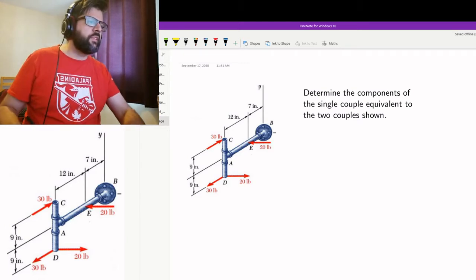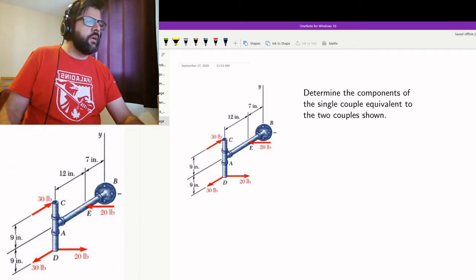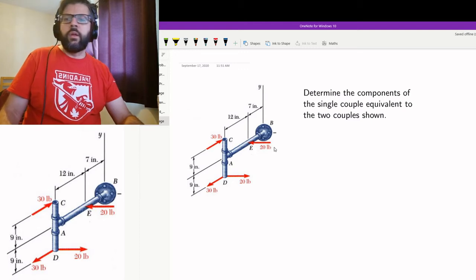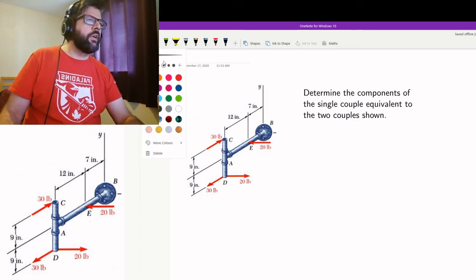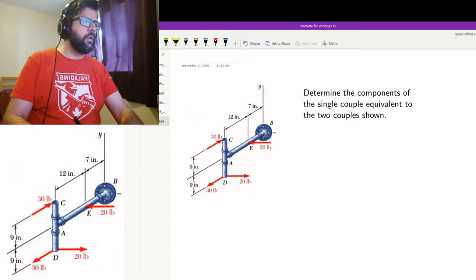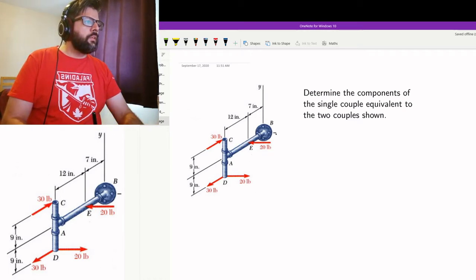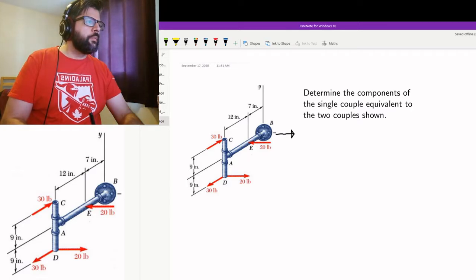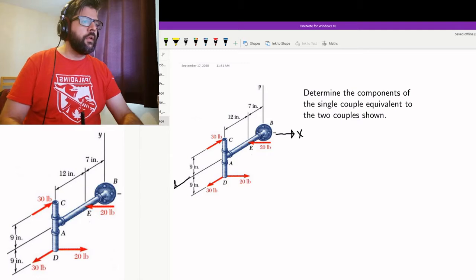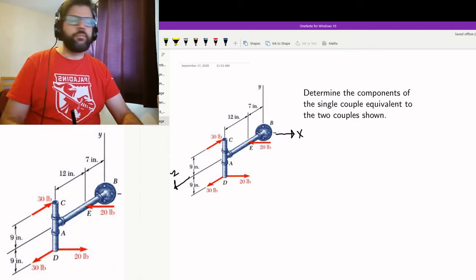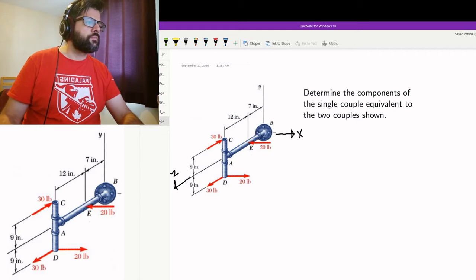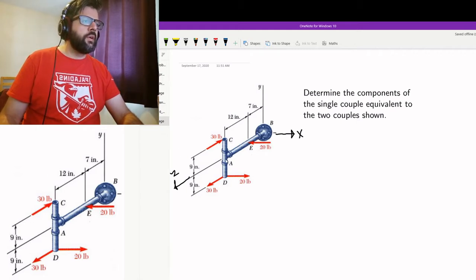Okay, so let's start by expanding our axes notation here. I think it got cut off by cutting and pasting. So that's going to be x, that's going to be y, and over here we've got z. Okay, so let's start with the 30-pound one. So we've got 30 pounds, and so